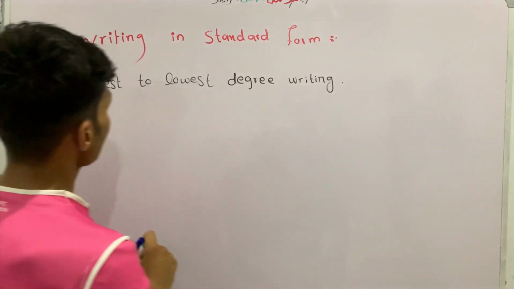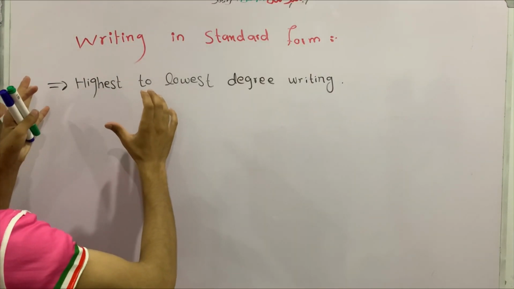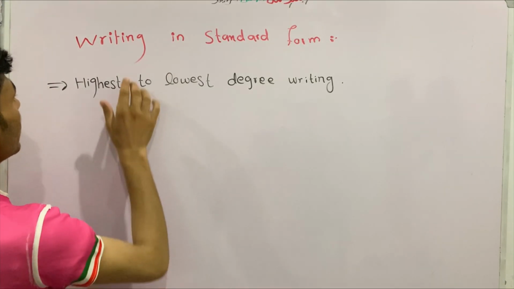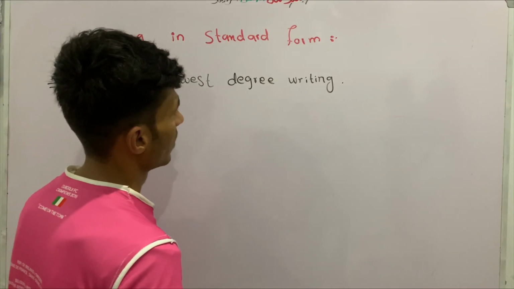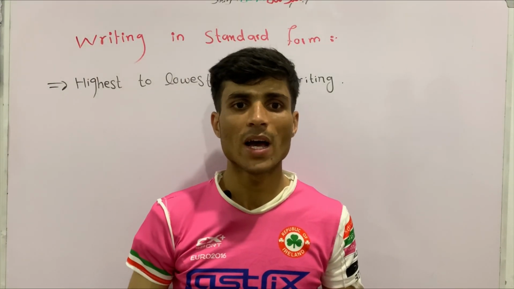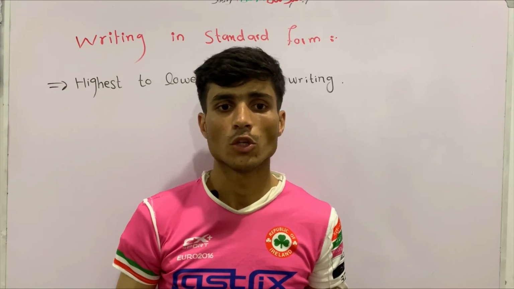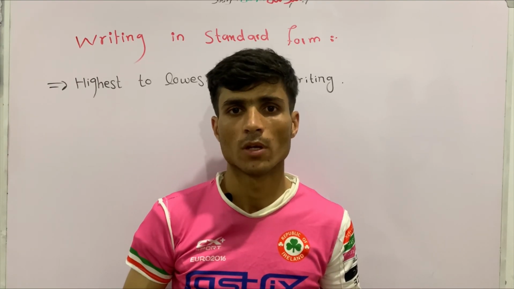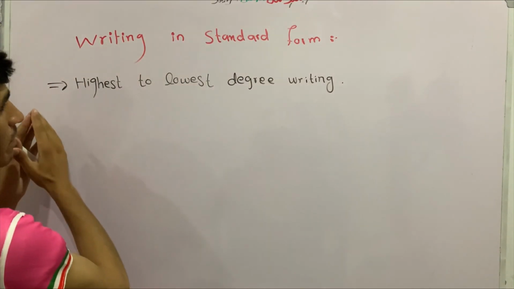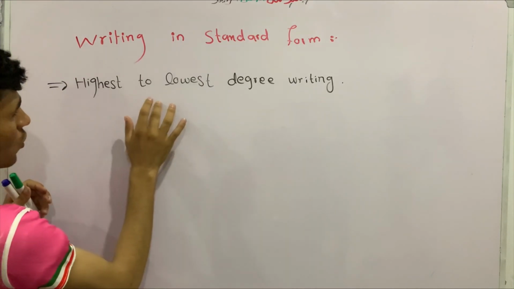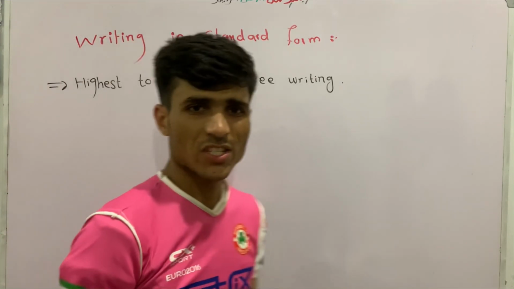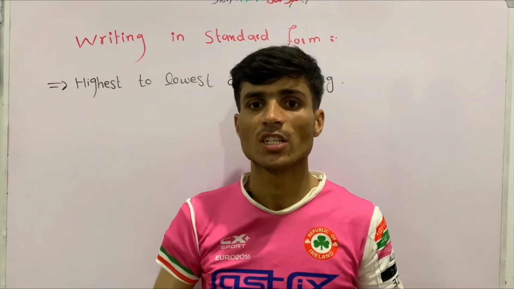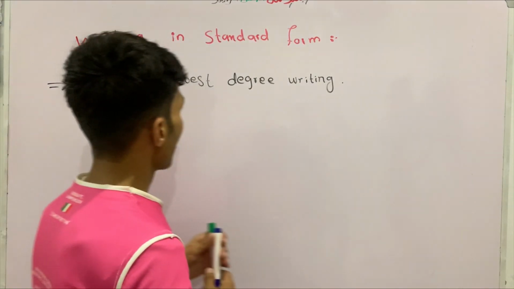In this video, we're going to cover a typical lesson regarding polynomials. That's going to be writing in standard form. You might be given a polynomial that might not be in standard form. You will be asked to write that polynomial in standard form. To do so, here's a tip: highest to lowest degree writing. Standard form means to write the polynomial from highest to lowest degree. Okay? For example,